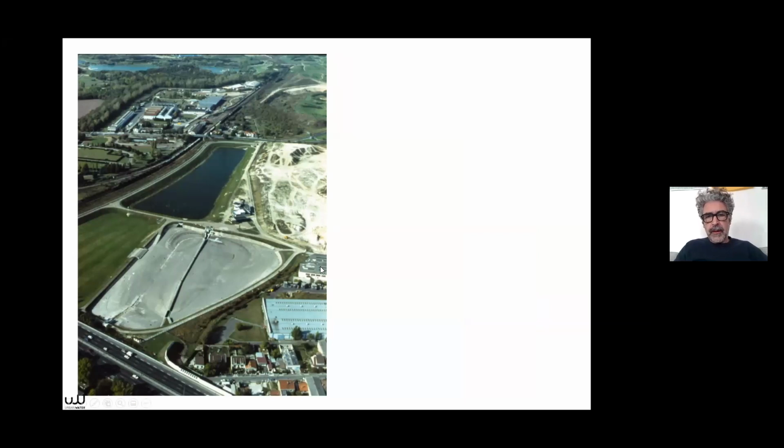So these retention basins were built. Now, a retention basin is a space where the water from the sewage system can overflow, so that it doesn't go anywhere else, so that we don't have a flood anywhere else. And from an urban point of view, we can see that it's ugly. And secondly, it's a space which in reality doesn't serve any specific purpose. It's only going to be used when there is exceptional rainfall. So its use is really quite exceptional.